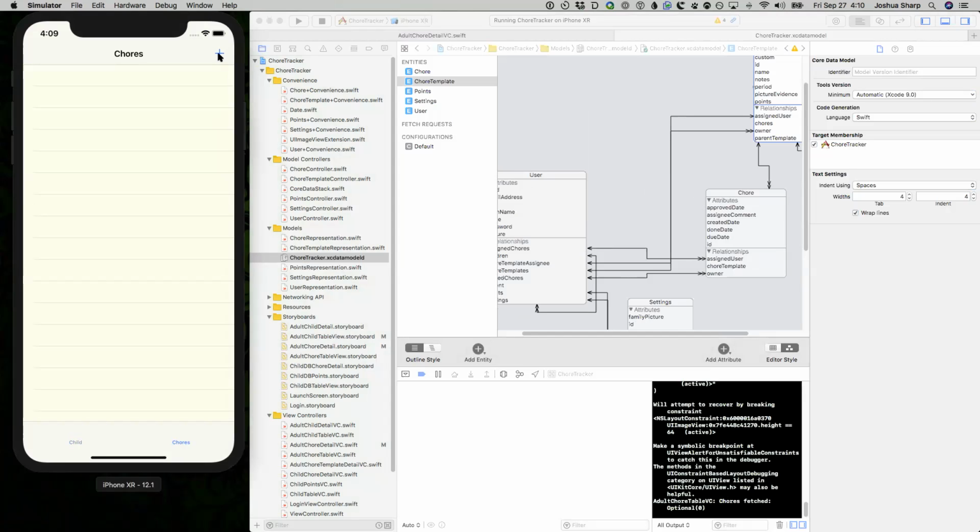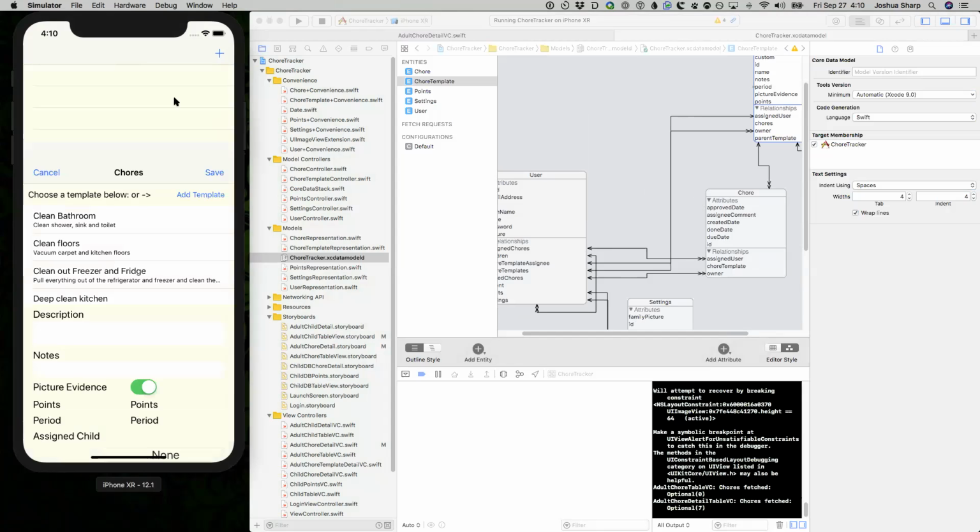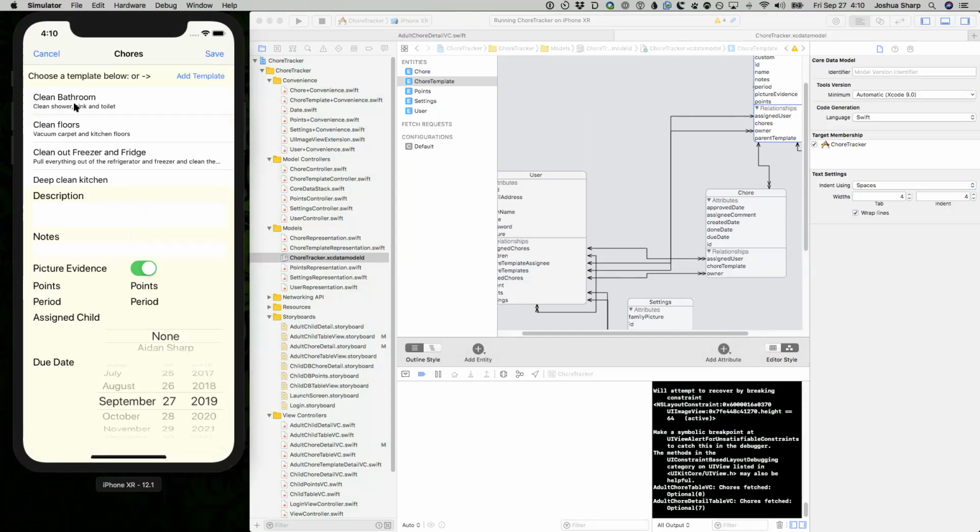One of the parts I hadn't quite gotten to is this chore. If I do something over, maybe not to make it so complicated. You know, the description talked about having chore templates. And so the idea was you could come in here, select a template, which would then fill a lot of this out, and then you could just select the due date and an assigned child if it wasn't already assigned. And if you didn't have a template you needed,